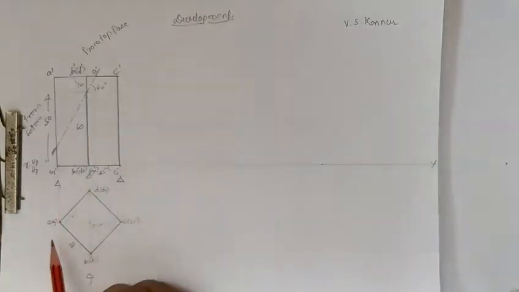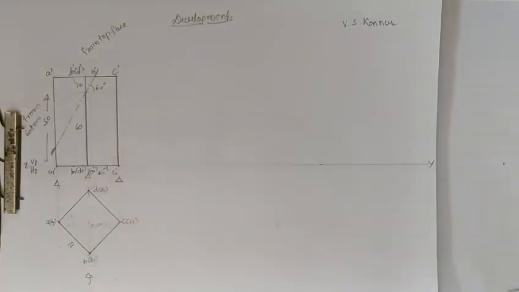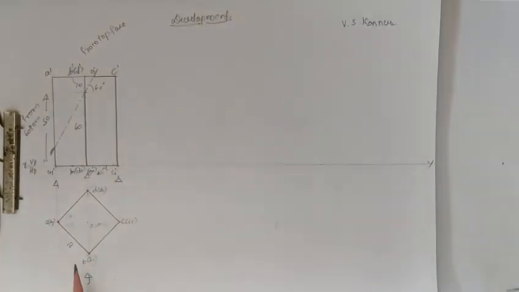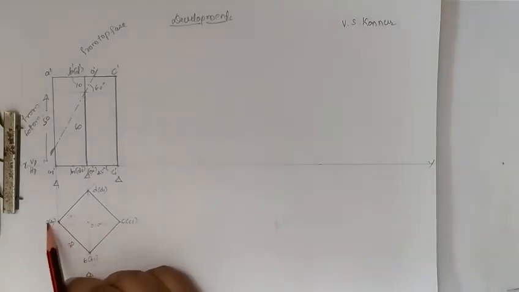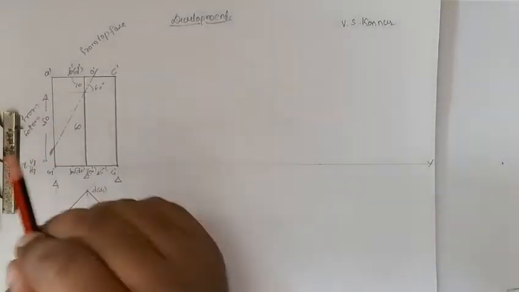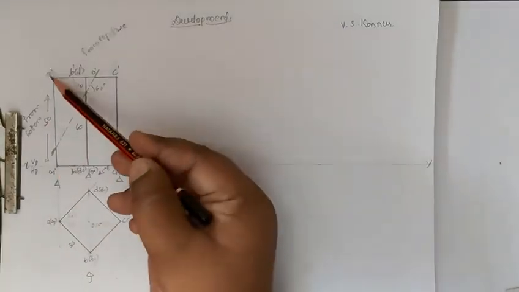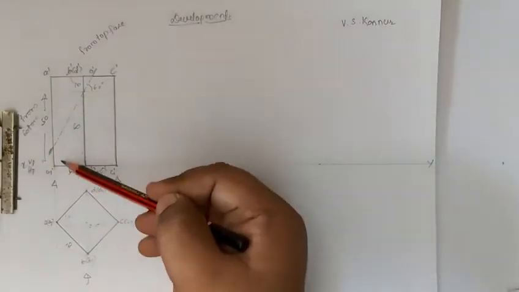Right, now numbering will be from this part, that is on HP. From the top view we have to do the numbering. First we have to go for AA1, where AA1 is cut or not. On AA1, what is AA1 means? This is A dash, this is A1 dash. This is called as AA1.